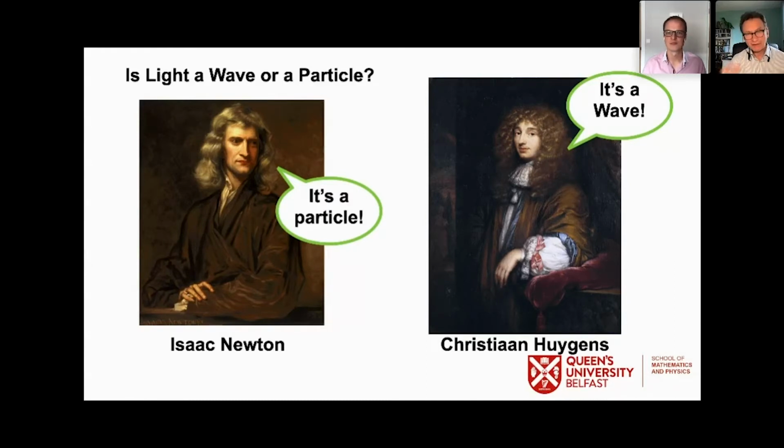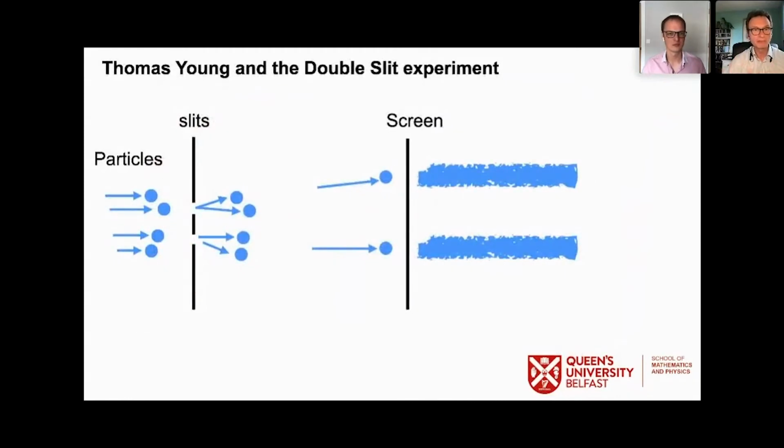But about 100 years later, in about the year 1801, a physicist and an optometrist called Thomas Young figured out he could actually work this out one way or the other. And this is what we call the double slit experiment. So he said, look, let's assume that light is made of particles, little balls of something that are shooting around, and they go into your eyes and you see things. Well, what if, first of all, you have a huge stream of particles here on the left-hand side,